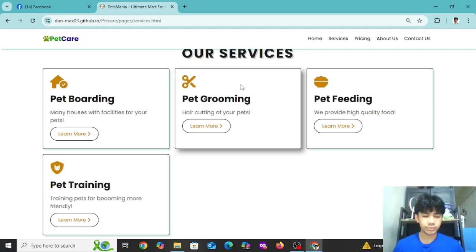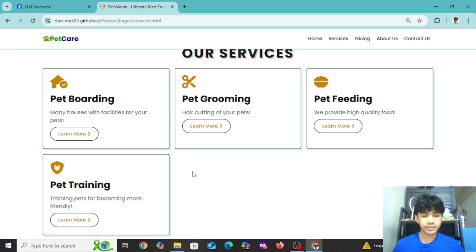Second is pet grooming, which focuses on maintaining the cleanliness and appearance of pets. The third is pet feeding, which ensures that pets receive high quality food for their health and nutrition. And the last is pet training, which helps pets become more disciplined, friendly, and obedient through professional training sessions.